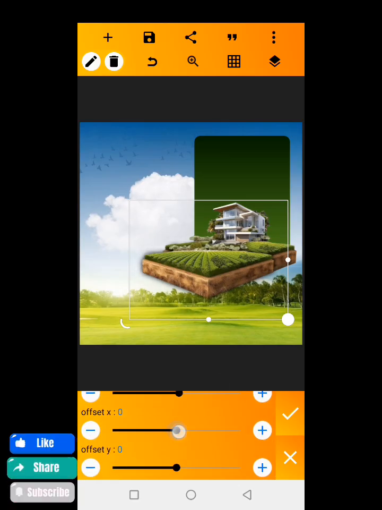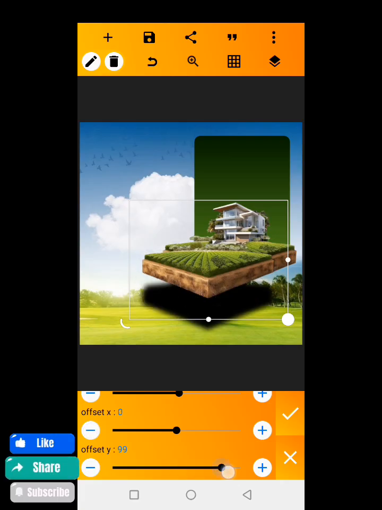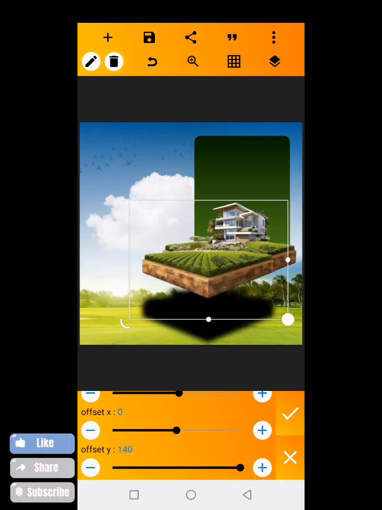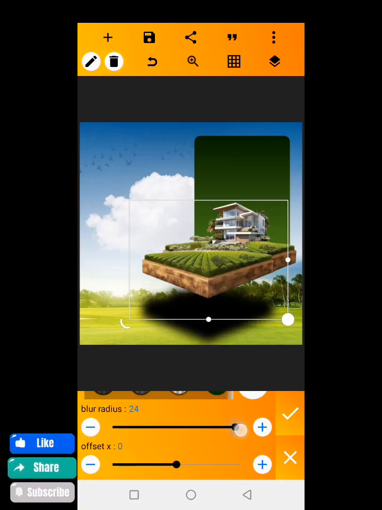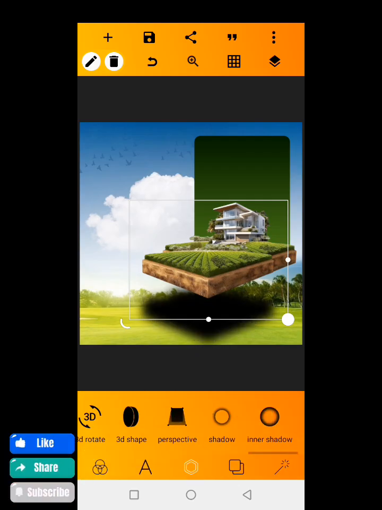Alright, and I'm going to increase the, no, I don't need this. I only need the offset Y. Can you see it? I'm going to do it this way. Then okay, I'm going to increase the radius to 100. Then after doing that, what I'm going to be doing next is to,